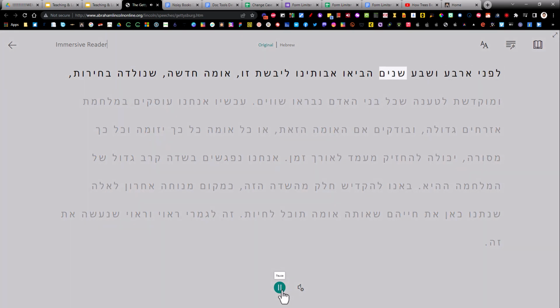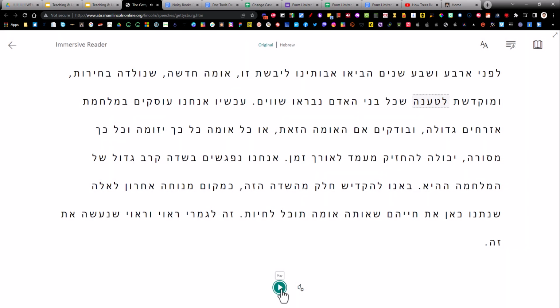לפני 47 שנים הביאו אבותינו ליבשת זו, אומה חדשה, שנולדה בחירות, ומוקדשת How great to support our students, maybe in